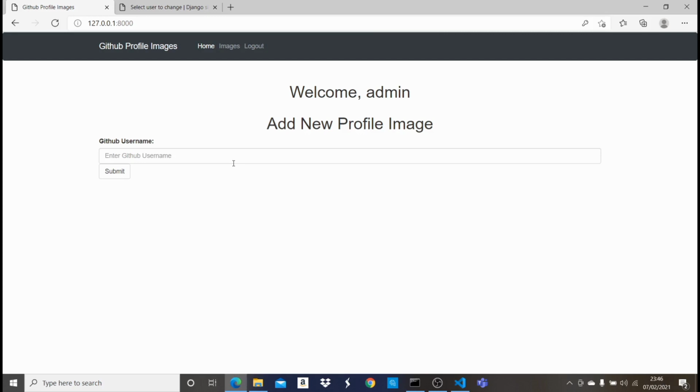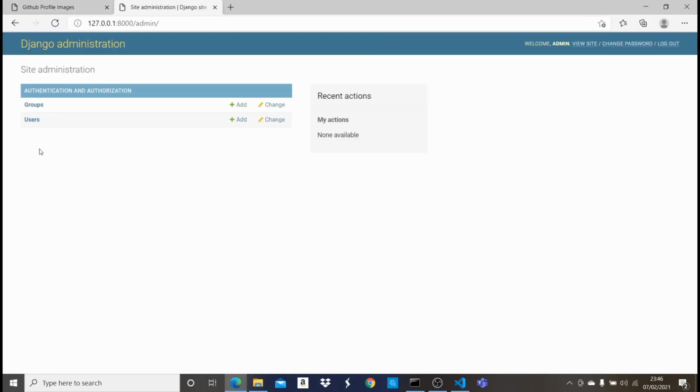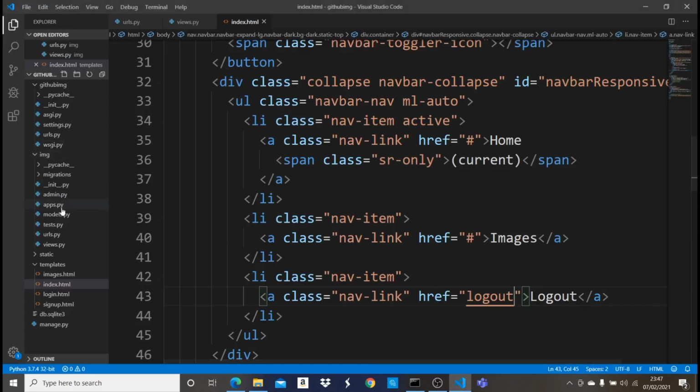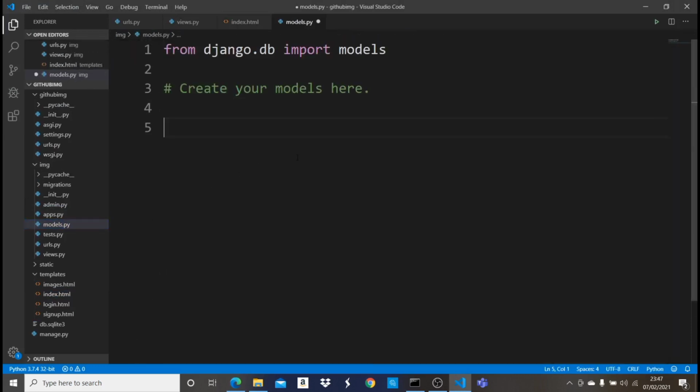The first thing we need to do is to create our model where all this is going to be stored. So let me come to home. Right under here, we're going to have a new model, a new database table. We're going to name it, let's say like GitHub images or something like that. And then that GitHub images is going to have the lists of all the images which every user has added. So let's go to that right here in our models.py. We're going to say class, let's name it GitHub. I think we just name it GitHub. We'll say models.Model,